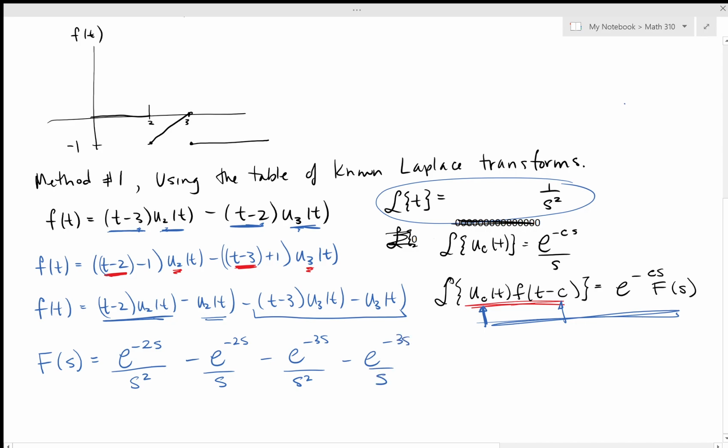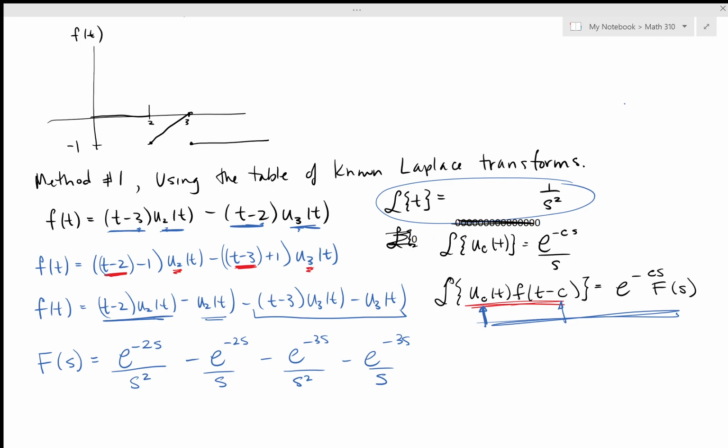And I'm done. So now I have the Laplace transform of the delayed forcing function using the table. So that was method one, using this information in the table. Okay, now before I go to method two, which I'm going to do directly from the